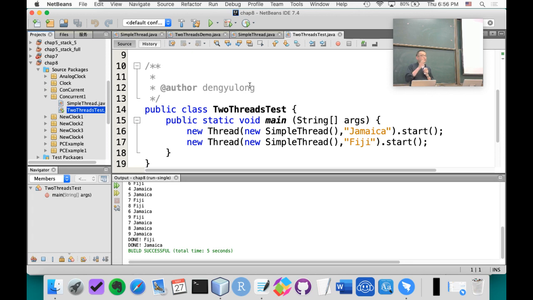Now we know we have two ways. One is subclassing the Thread. This is the first way. And the second way is to implement the Runnable interface. So we have two ways to create threads. Which one is the best way to create a thread? The answer is the second one, implementing the Runnable interface. Because as we know,